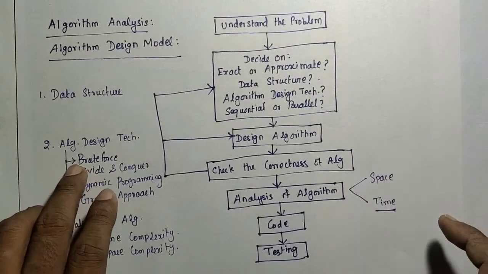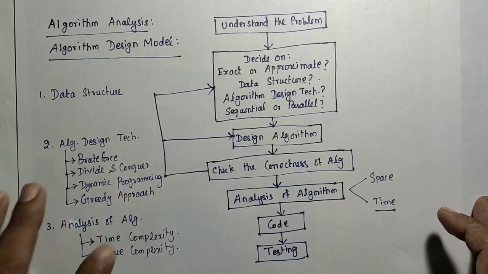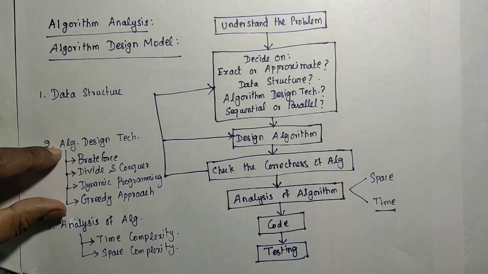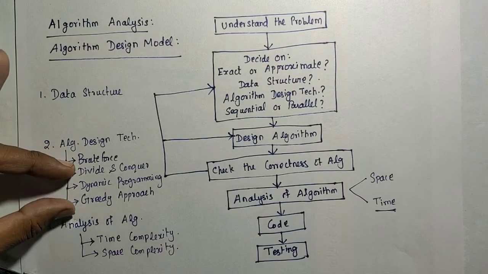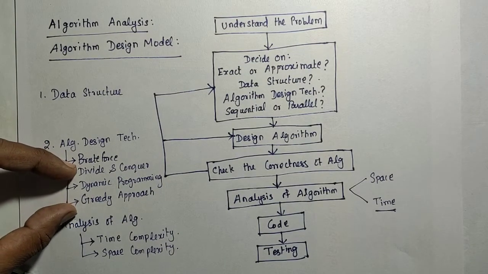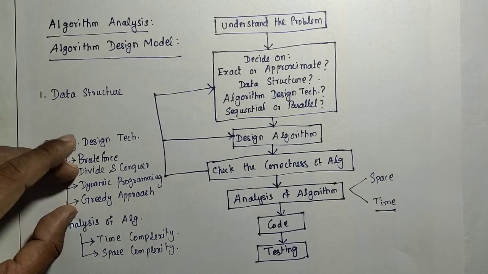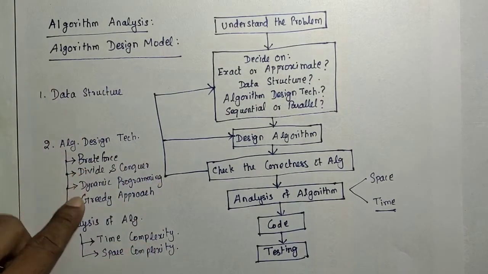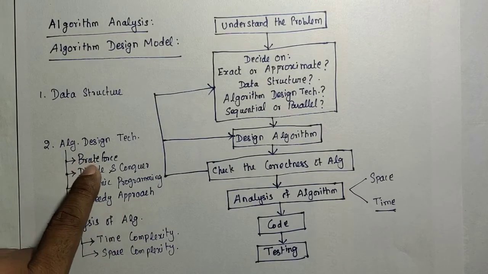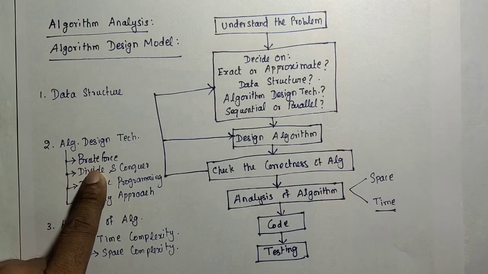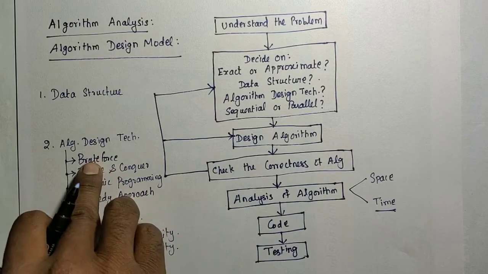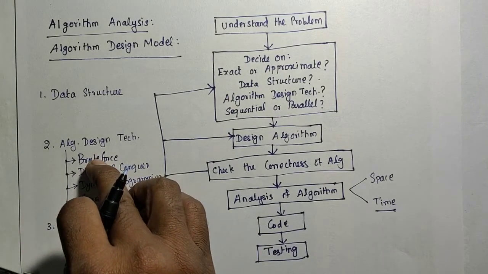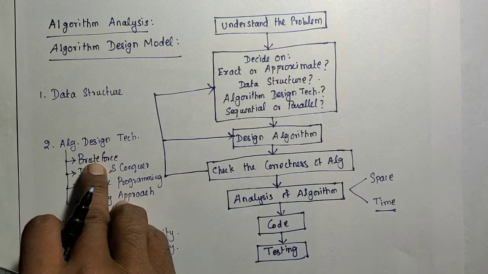Similarly, we need to know algorithm design techniques also. If you design an algorithm, it belongs to one of these categories. Various categories are there. Particularly these three: divide and conquer, dynamic programming, and greedy approach. These three algorithm design techniques you are going to learn. Now the brute force method is nothing but the straightforward method. Straightforward means here we will not think about the complexity, the time complexity or efficiency of that algorithm. Simply, here we concentrate only on obtaining the solution.